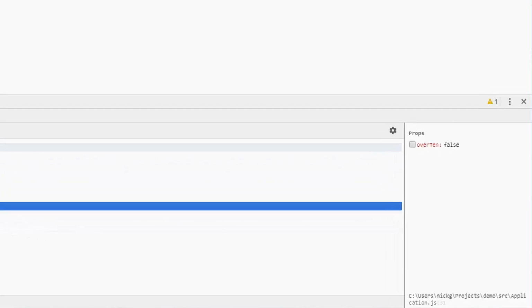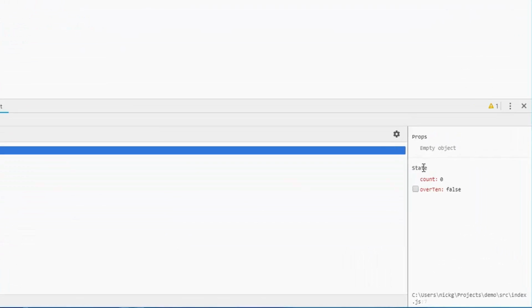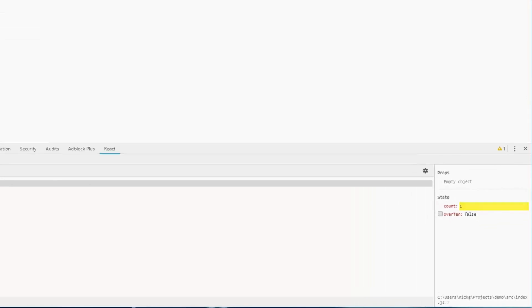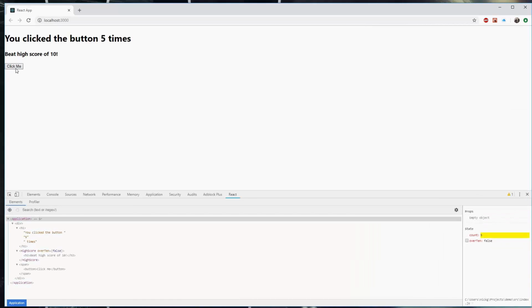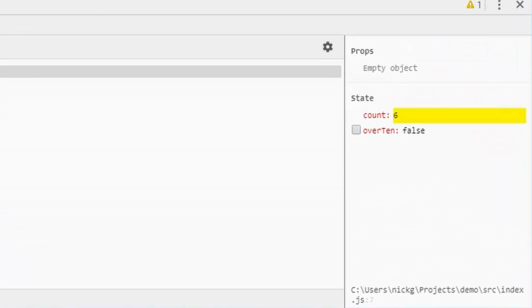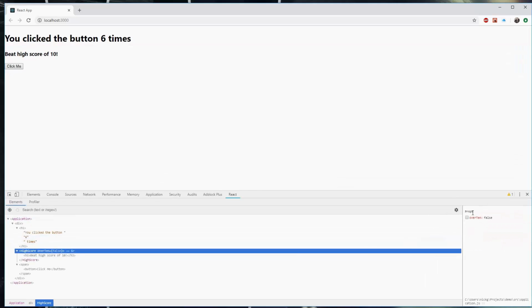Now up on the application level, we see props as an empty object, but we see the state is here. And we can toggle this if it's true or false. So let's go and click the button. As we click it, we can see the count is updating in the bottom right. Now if I go to the high score component, we'll see the property is set to false. If I keep clicking the button,